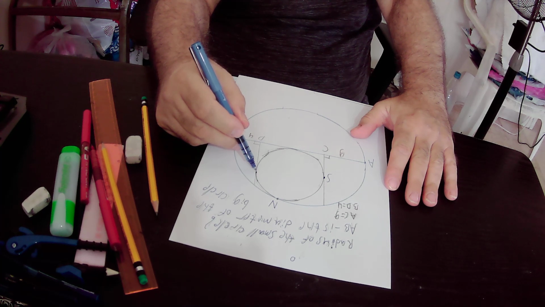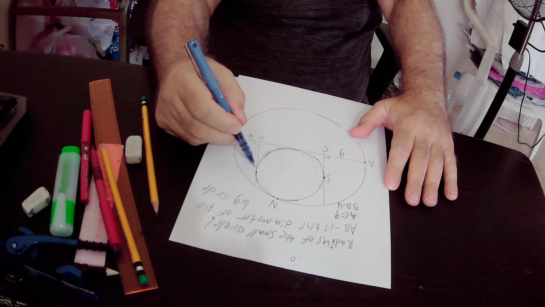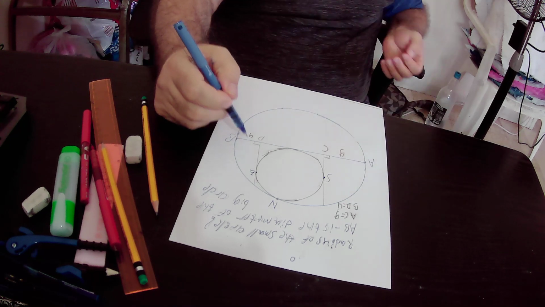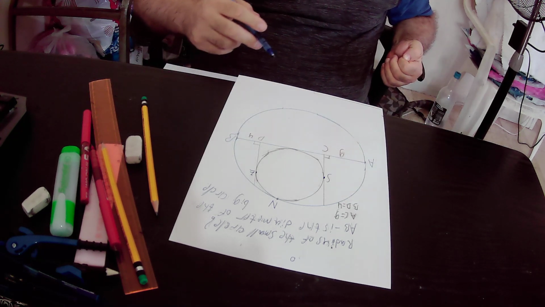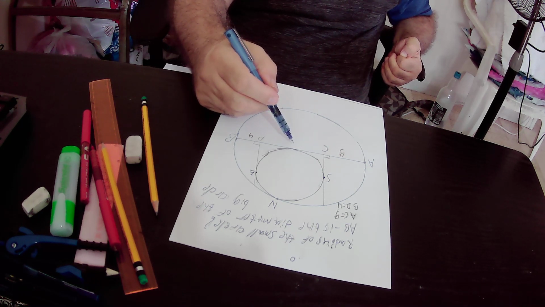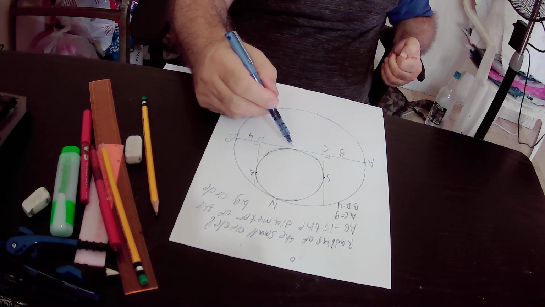Let's define the point of contact between the tangent and the circle as point Z, and there is a second tangent to the small circle at this point. Let's define this point as point M,